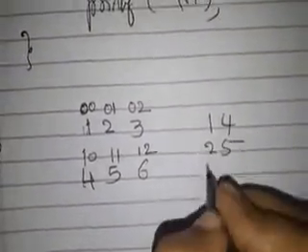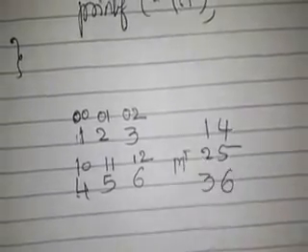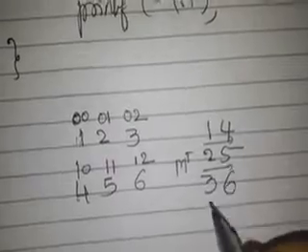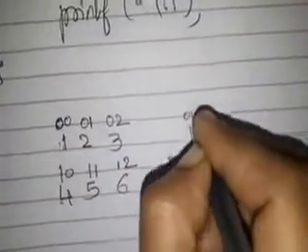See here, that is nothing but 1 4 2 5 3 6. This is the transpose of the matrix, that we used to write as A transpose. So yes, we have 3 rows. For every row I should fetch all the column elements. That's why I am making again the inner for loop j less than r. Next printf, see, maintain the order 0 0, 0 1, 1 0, 1 1, 2 0, 2 1.